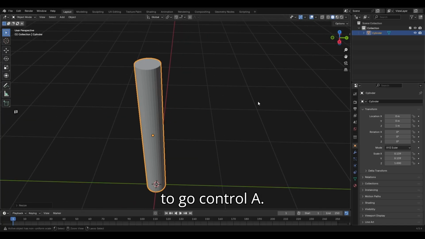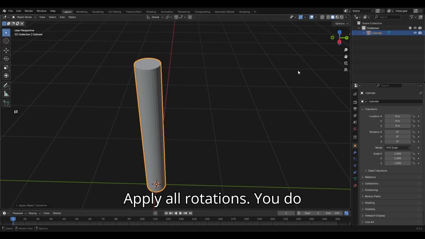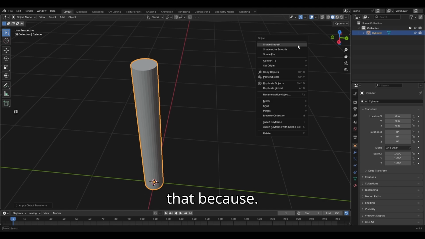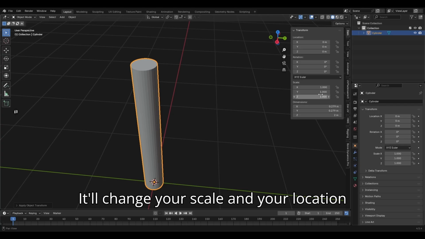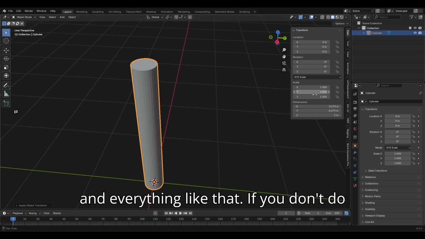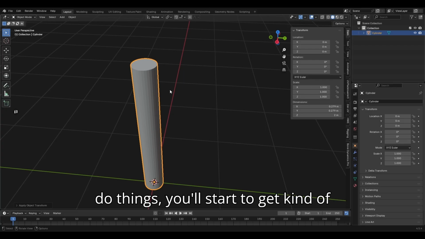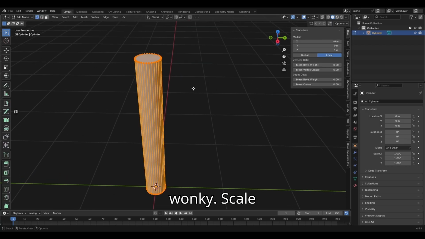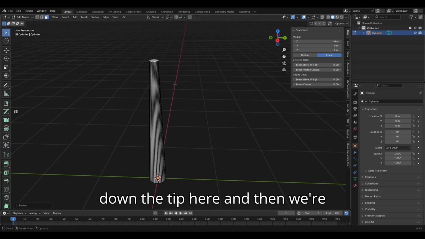We're going to go Control A, apply all rotations. You do that because it'll change your scale and your location and everything like that if you don't, and when you export or try to do things, you'll start to get kind of wonky. Scale down the tip here, and then we're going to